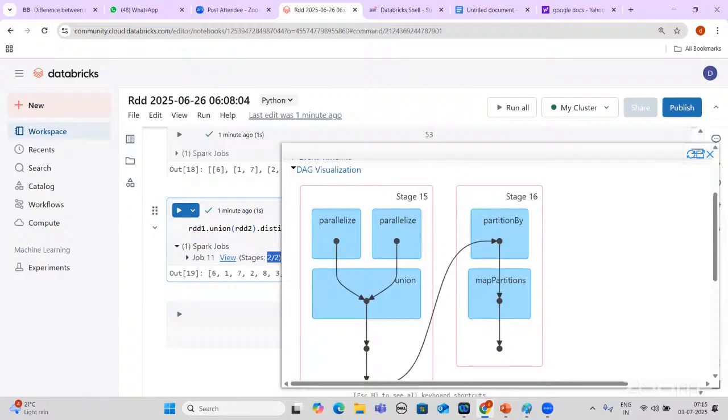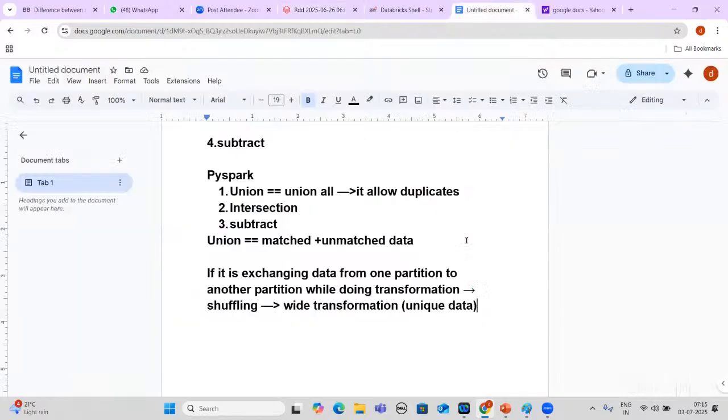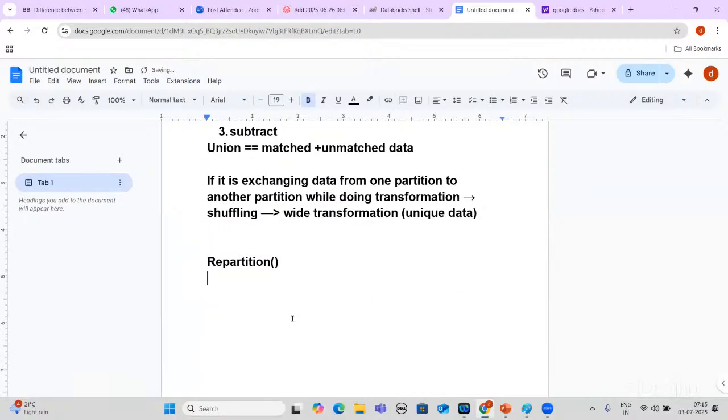Tomorrow, in tomorrow's class, we will see what repartition and coalesce are. This is the most important question in all interviews. Without this question, no Spark interview would be there, no PySpark interview. This is a very important topic.